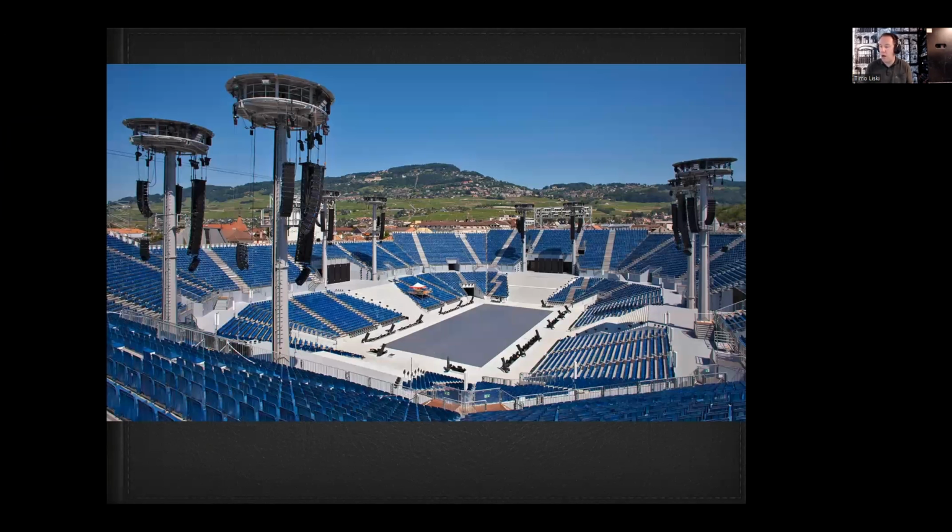Probably one of the largest events where Wavetool was used was just before the pandemic in Switzerland, Europe, where they had a purposely built stadium. It's called Fête des Vignerons, and they had 324 channels of Axiom digital. All the performers were using wireless microphones, and somehow they wanted to be able to listen to the audio without using a mixing console. So they ended up